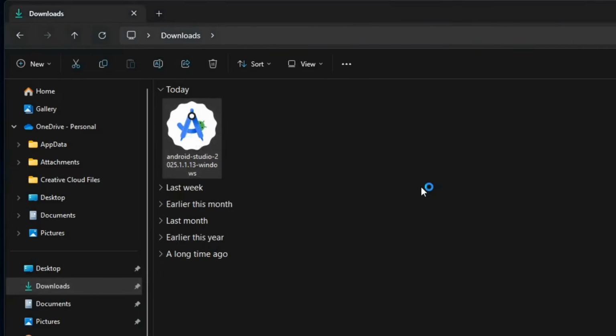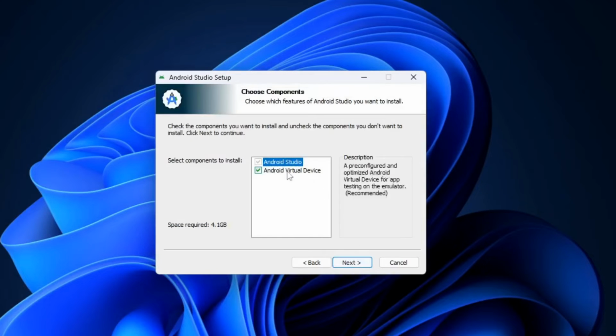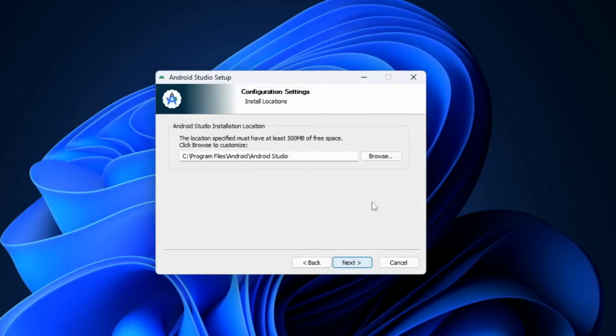Now double click on setup and click on the next button. And keep both selected. Click on next and click on next